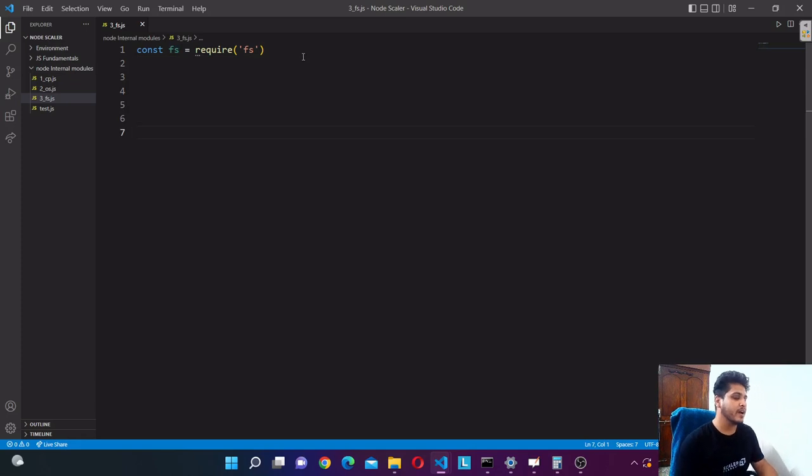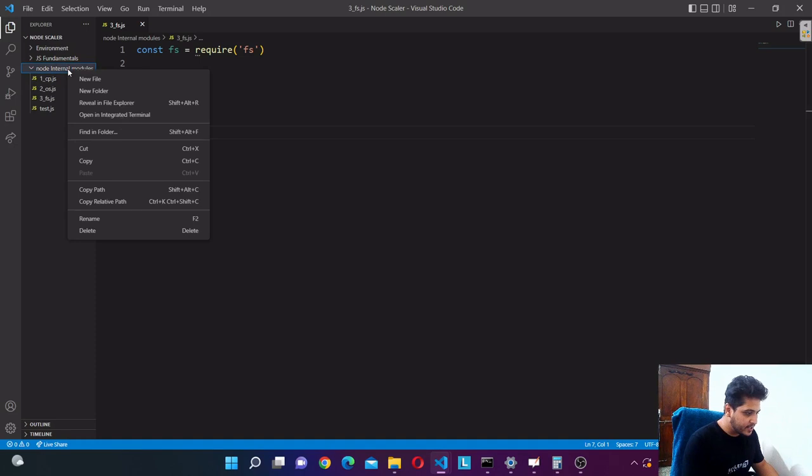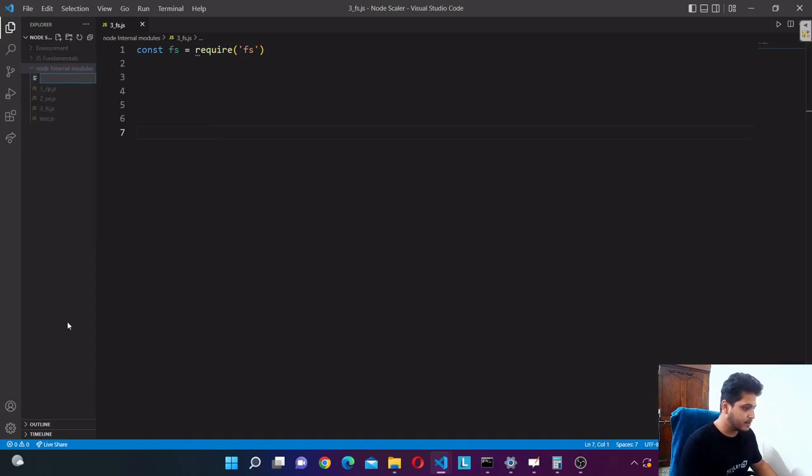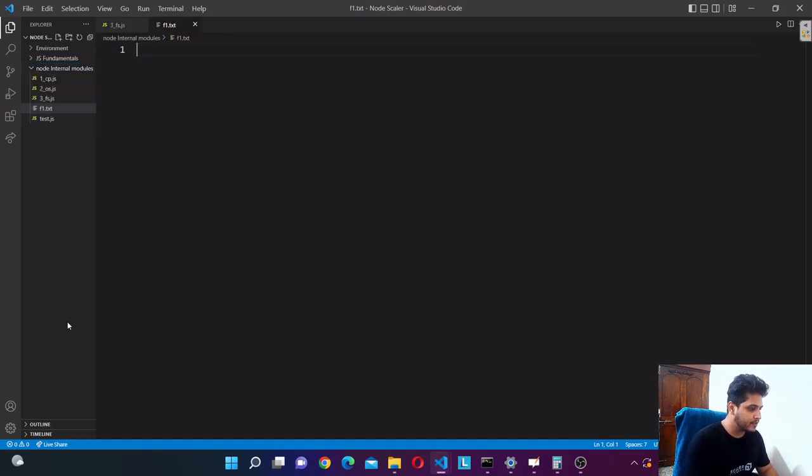And now we can use this fs module and we can do pretty much anything that this package offers. Okay, now the first thing in fs module that we'll be understanding is how you can actually read, write, update, and delete your file, right? So these four things we'll be seeing, how we can do them with our files. So I'll go here and create some demo files. These will be just test files. I'll say f1.txt is our first file, and inside this I'll write I am f1 data,